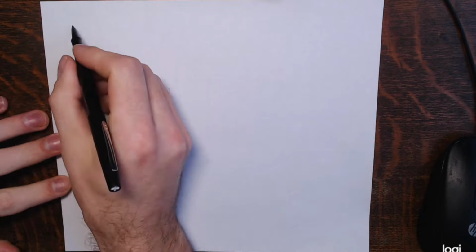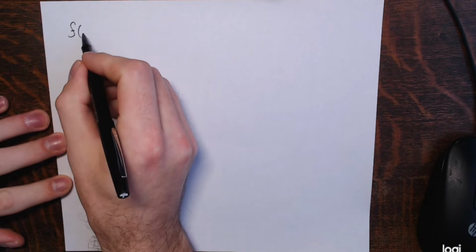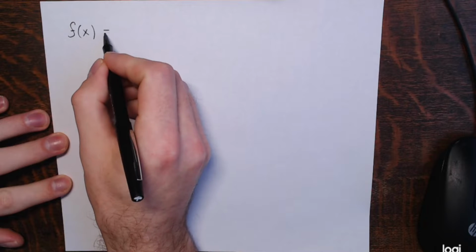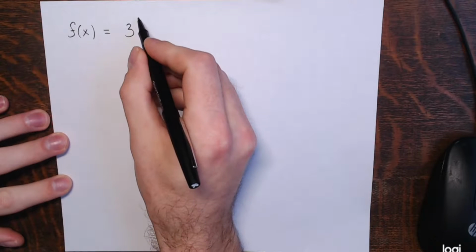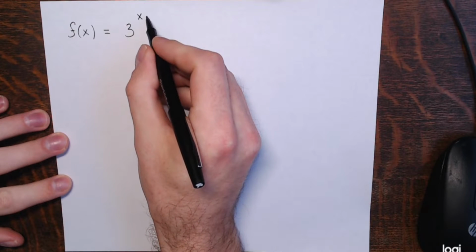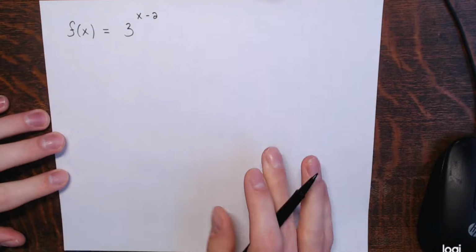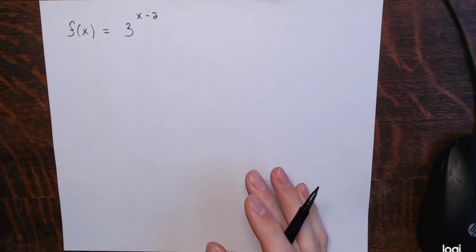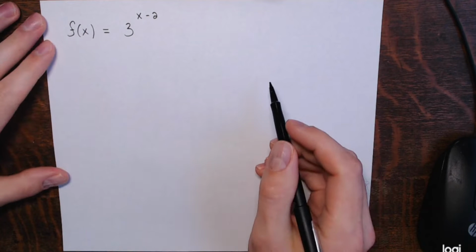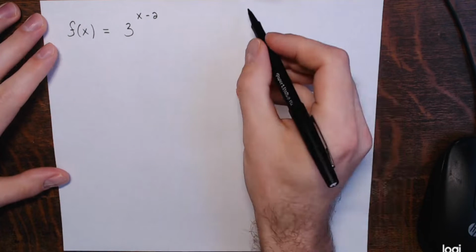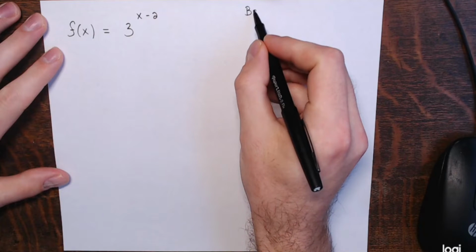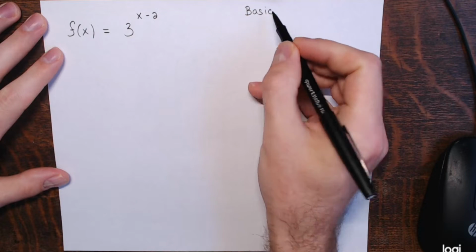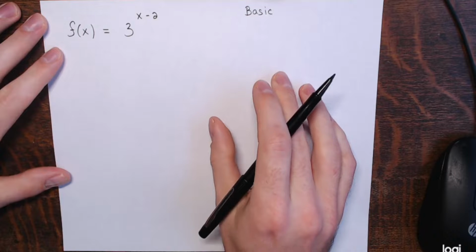But yeah, so let me discuss what the transformation they're talking about here is. So on paper, we're given this function f of x equals 3 to not just the x power, but the x minus 2 power. So hopefully you recall that a basic exponential function, the one we're going to start with if we're graphing using transformations,